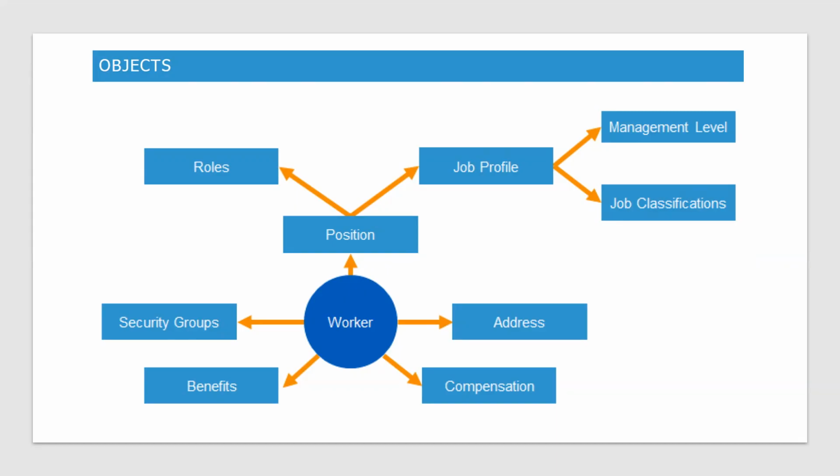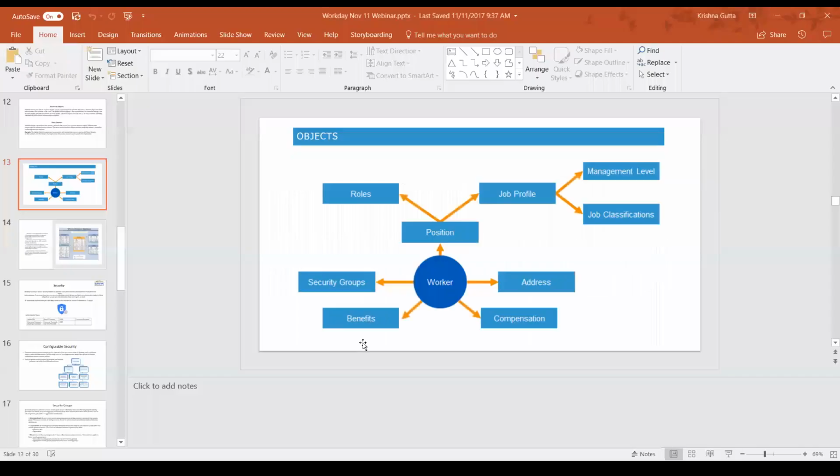Position will have roles or job profile linked to it. Worker also directly links to job profile, as well as through position. So you can go from worker to position to job profile, or directly to job profile. Let me show you